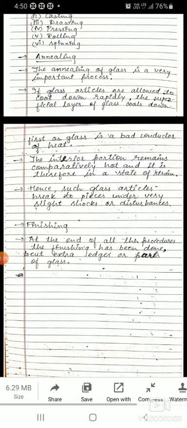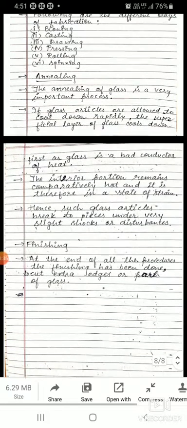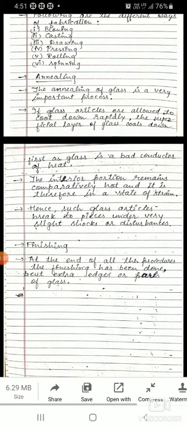How can we understand it? By this explanation, the superficial layer of glass cools down first, meaning the outer layer cools down first, as glass is a bad conductor of heat. The interior portion remains comparatively hot, and it is therefore in a state of strain.